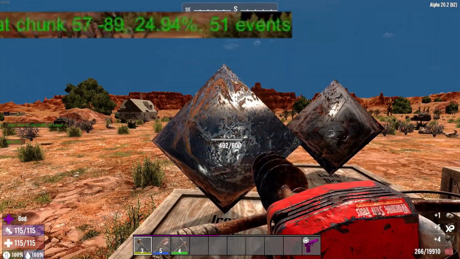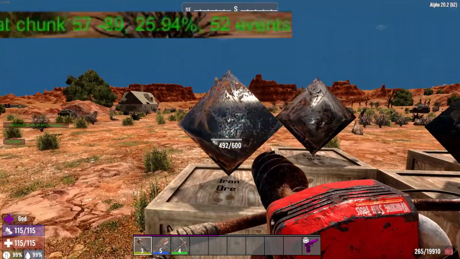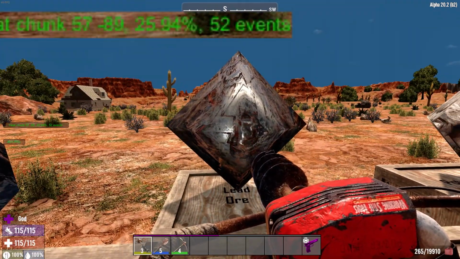1.2%, versus 0.1% on its own and 1% on its own by this. So it's combining those, and it's actually going up a little bit higher. Let's see if it does the same thing with the lead ore. It's going from 25.94,